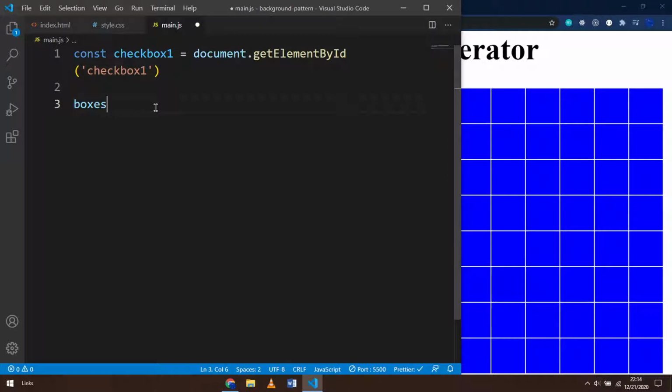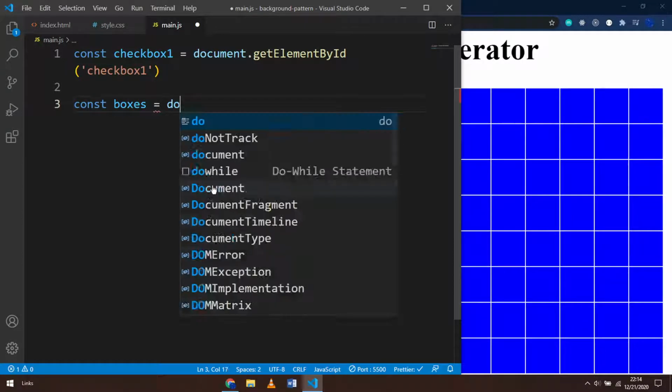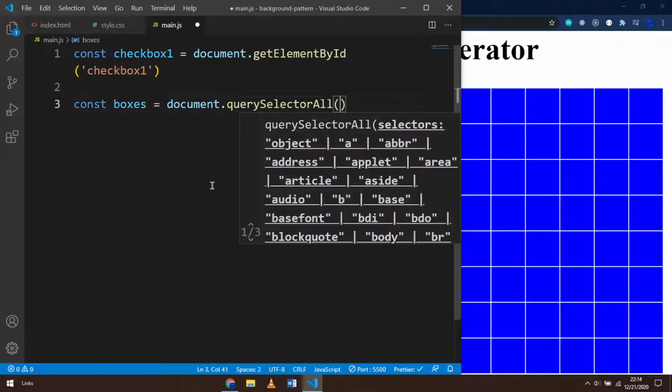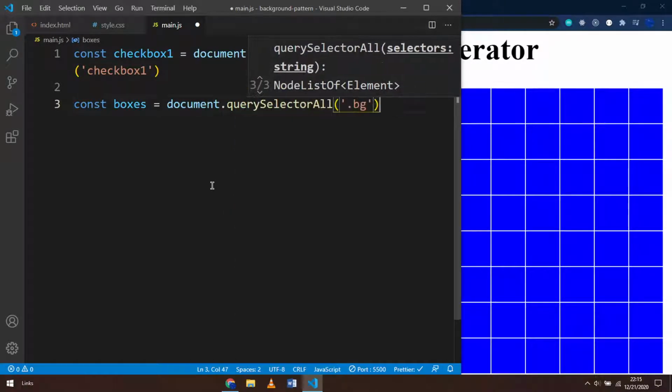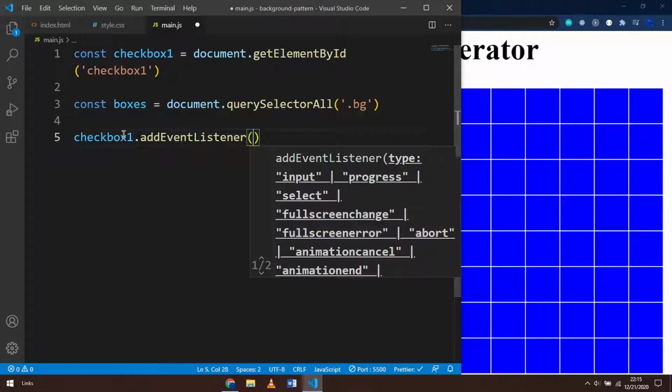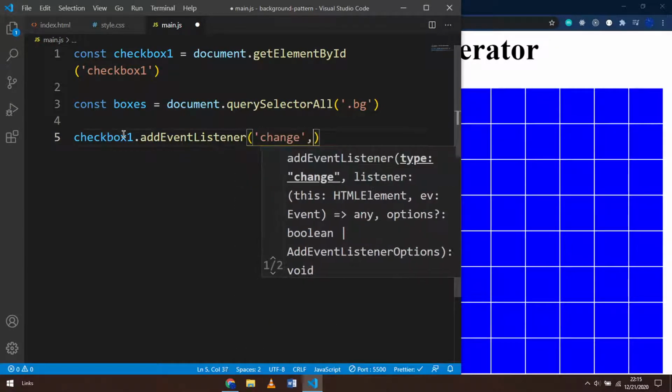So I'm going to grab all the boxes, and I'm going to say const boxes equals document.querySelectorAll, like that, and they all have a class of bg. And then I'm going to add an event listener on the boxes, sorry, not on the boxes but on the checkbox, and then we'll manipulate the boxes. So I'm going to say checkbox1.addEventListener, and we're listening for the change event on the input,